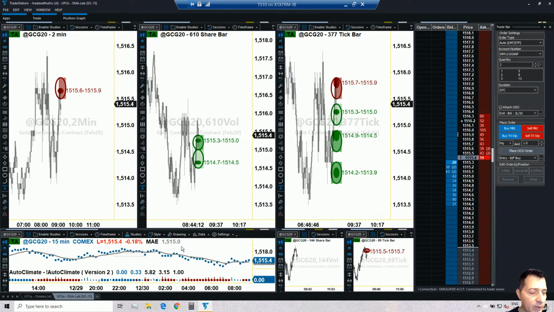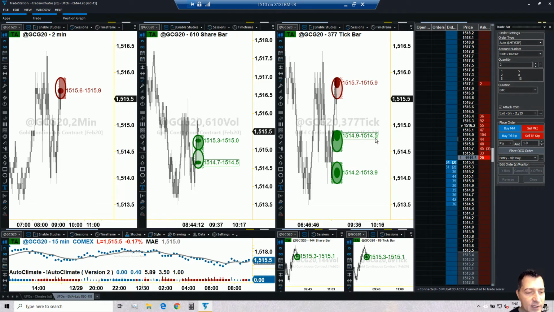Well, in order to do that, we now look at the average price, which is 1515, and then we want to find UFOs lining up with 1515. And certainly we have 2 UFOs there lining up with 1515. Okay, so that would be a valid entry for the trade. That one would not, because the ending part is 1515, so that one would not qualify. Okay, but the one below 1515.9 will certainly overlap with that one, which finishes at 1514.5, which is also here 1514.5. Okay, so in other words, we would end up with a stop located at 1514.